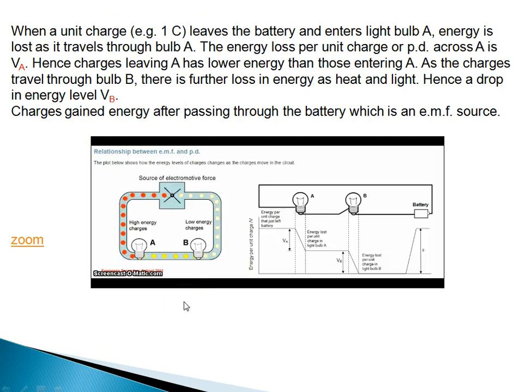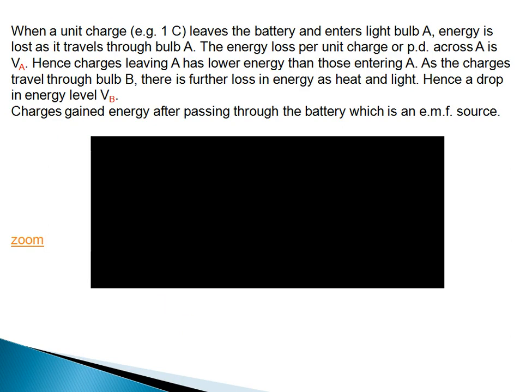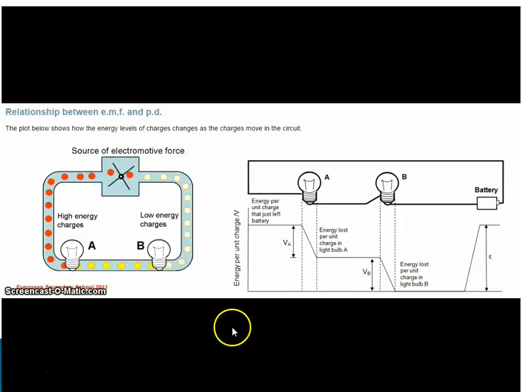I will show you in the next animation, that is larger in size. All of you observe it. What is happening? The same charge particle is coming, it is losing some energy here, loss in energy. Again the next particle, loss in energy. But as this charge particle enters into the battery, again there is gain in energy, because in the battery chemicals are doing the work. That is the EMF. Now all of you are clear about the EMF.